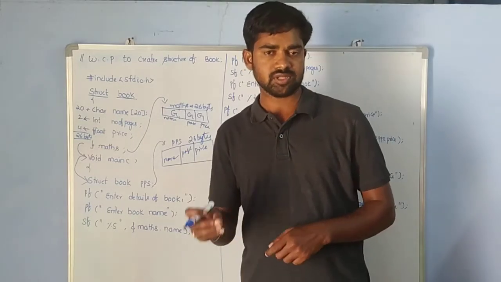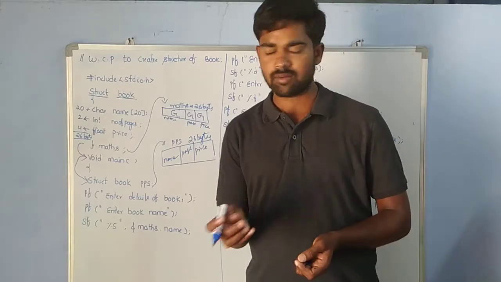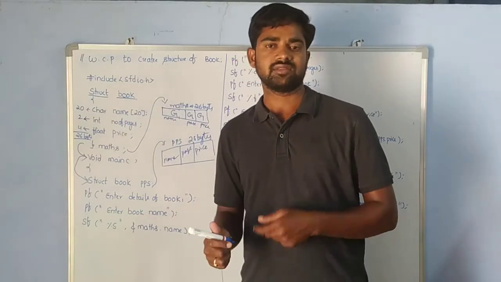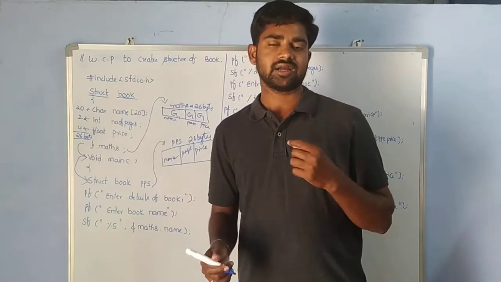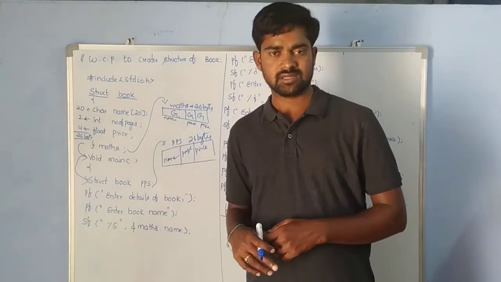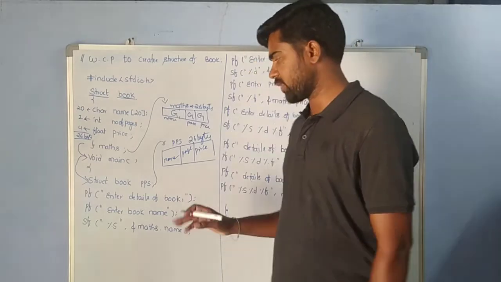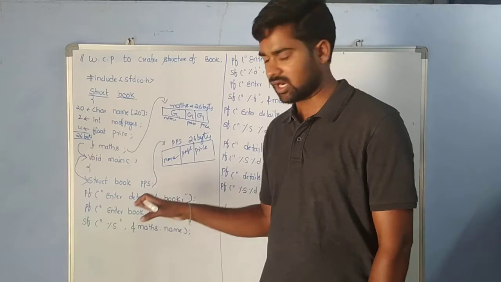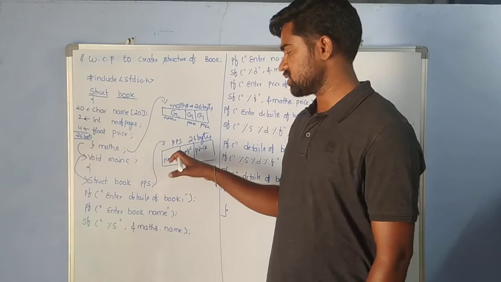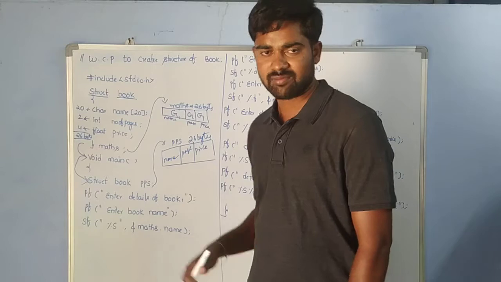Suppose we want to take physics. We need to create a physics variable by using the structure. By using struct and the structure name, memory allocation is automatically done for physics with size equal to 26 bytes. Like this, you can create as many as per your requirement. After creating a variable for the structure, it gets 26 bytes, which are allocated as per the size of the data members.